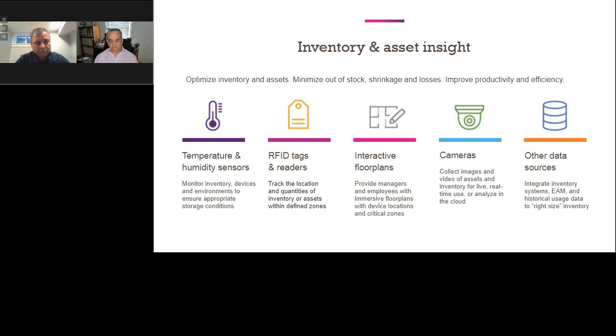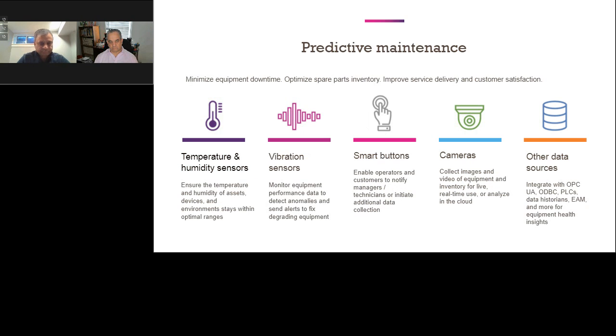To stop that from happening, you need to be able to measure the temperature and alert the back-end operations team so that they can take corrective actions before the food goes to waste. So we actually deployed these sensors with a very large restaurant chain so that we can measure and alert those systems. That's an example in inventory and assets where you can collect insights with different cameras and different sensors, collect the data, and make some changes.